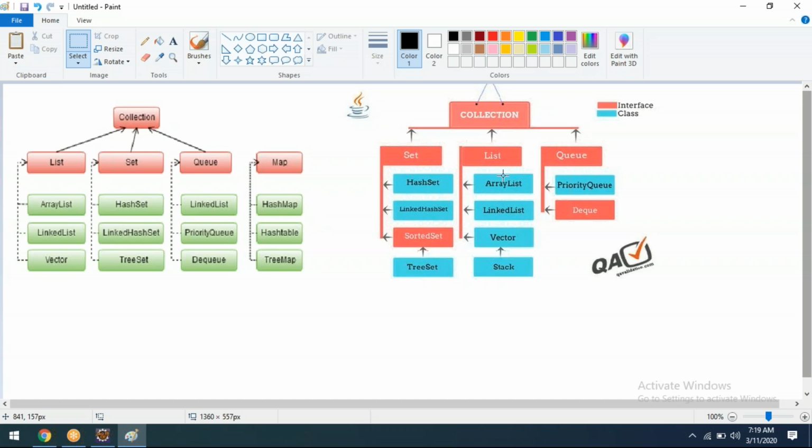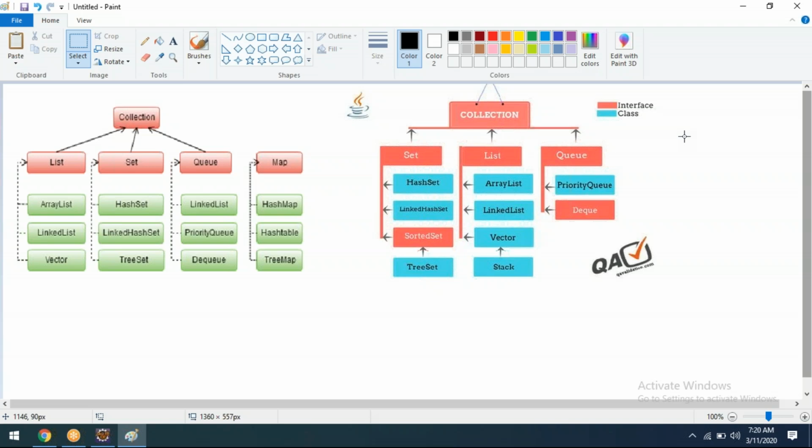This is wrong; the right side one is the correct one. For the right side also, we need to remove this map point and paste it here, and we can explain it while explaining. Clear?